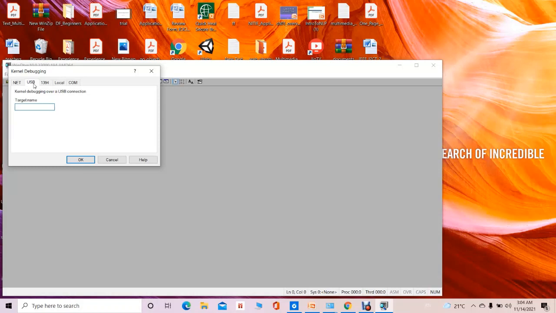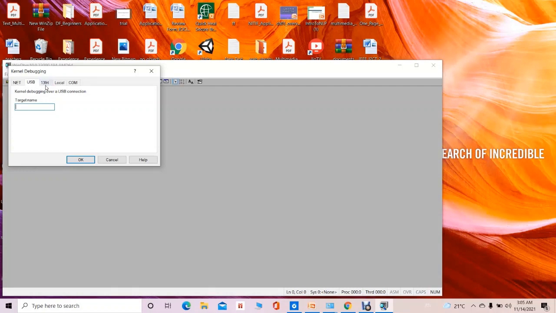So we can connect the two computers. One is the host computer, which has the debugger running on it, and the other is the target computer. The target computer is the computer which needs to be debugged, whose kernel needs to be debugged. Also we are going to perform the volatile memory forensics by using this kernel debugger. So whatever activity is happening on the volatile memory of that target computer, we can identify by using the various commands of the kernel debugger.